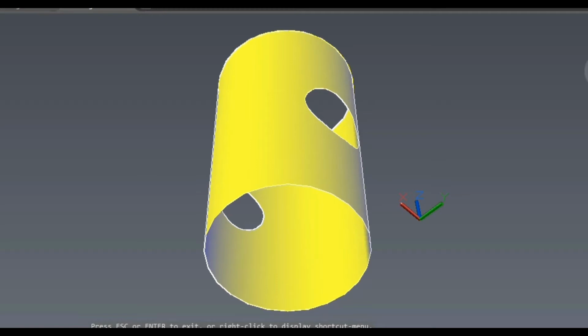You need to observe that after developing this surface, these holes will appear as ellipses, because from this position you can observe the holes are on the surface of this cylinder. That is why they are not circular, because it is made with a curved portion.